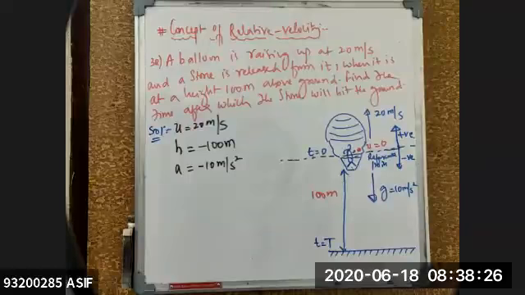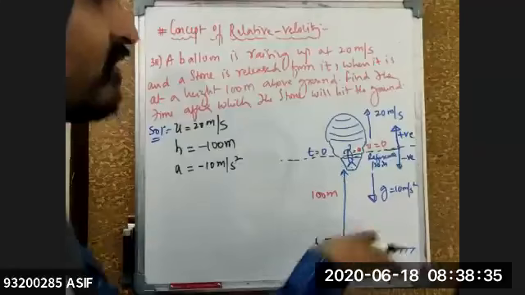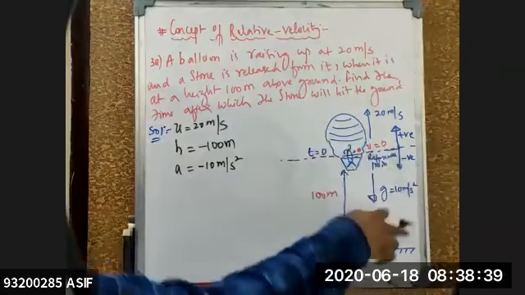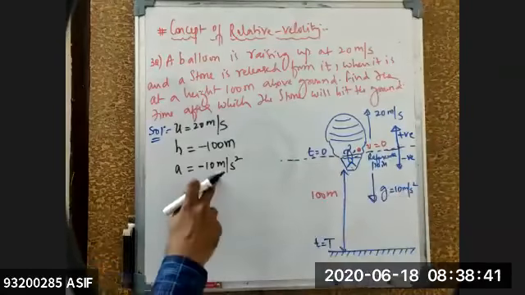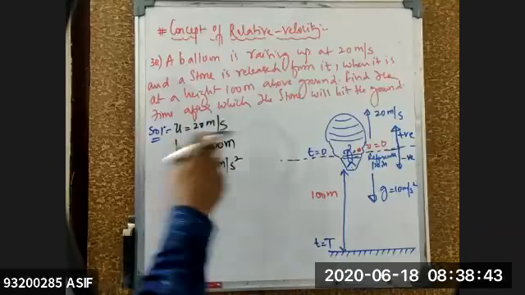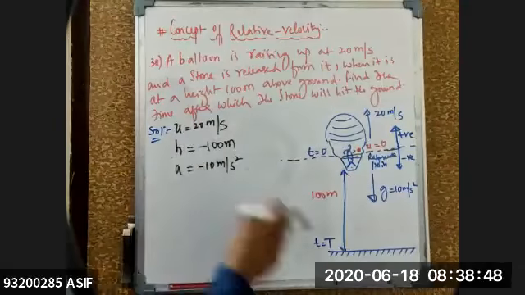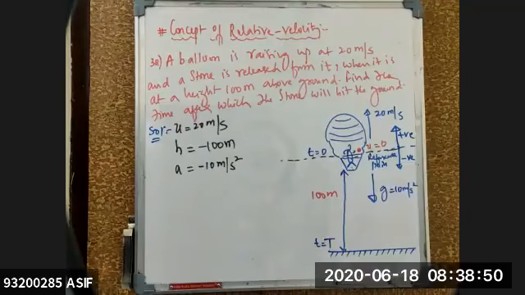If it is like that, I'm not going to teach now. You need to involve in the discussion, because the sign conventions are very important. Everything above the reference is positive. Everything below the reference is negative. Clear? So acceleration is below the reference, so the a value will become minus 10 meter per second square. Initial velocity is above, 20 meter per second. Height is minus 100 meters because it is below the reference point.